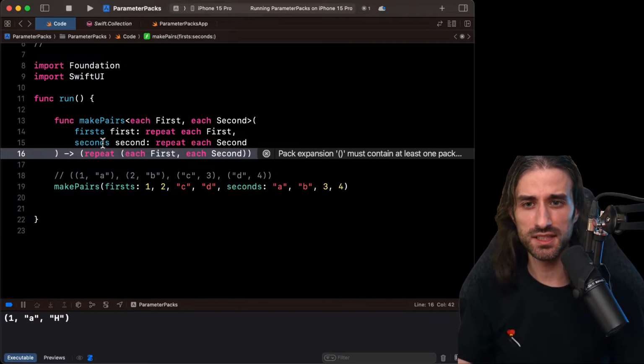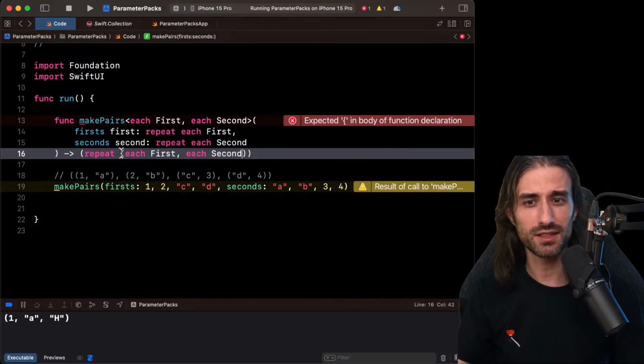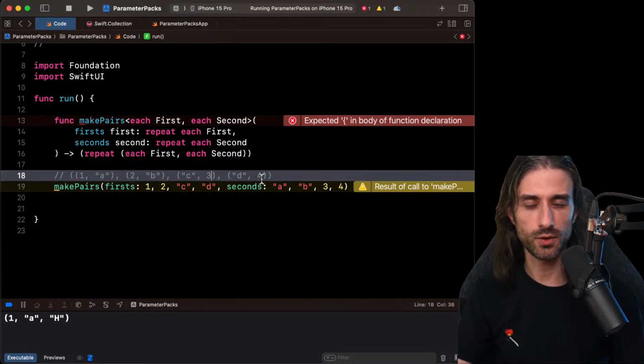So we are expanding two parameter packs at the same time, and this is what will give as a result a tuple, and in the first member of the tuple, a tuple of int and string. Same thing for the second one, and then for the third member of the tuple, a tuple of string and int, etc.